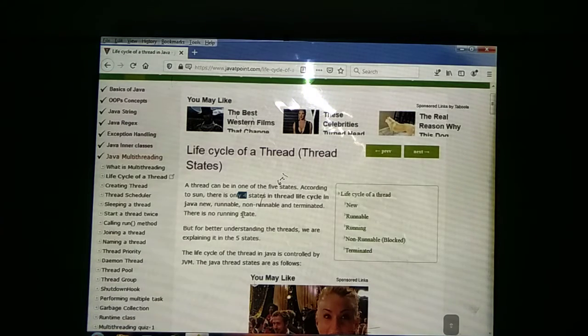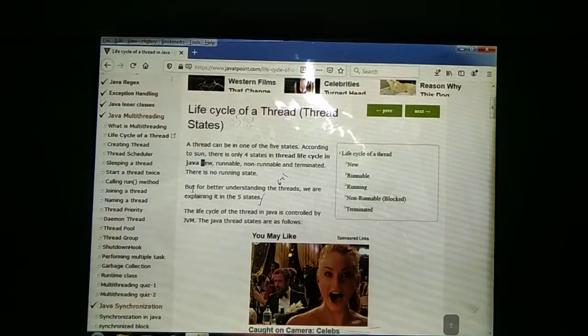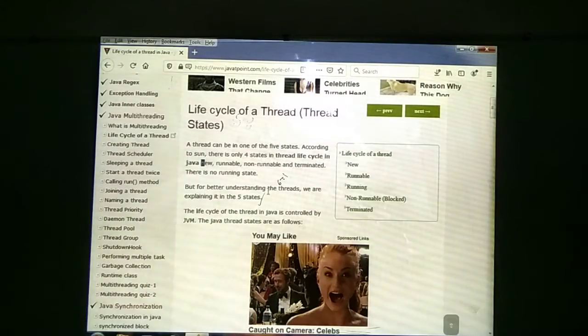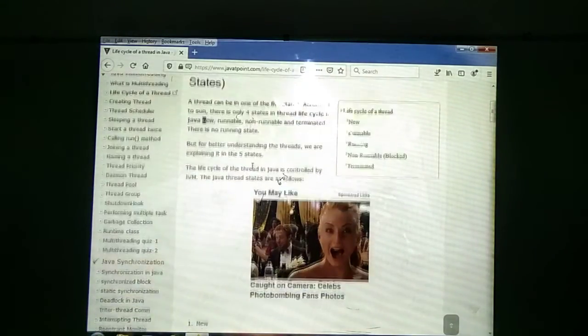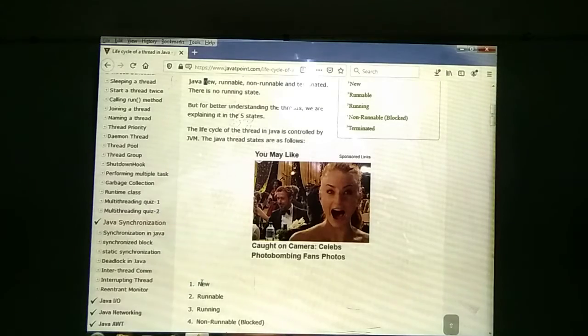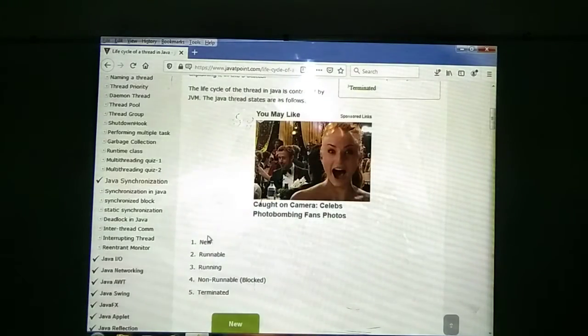There is no running state in Java. These are the states in Sun Microsystems: new, runnable, non-runnable, terminated. But for better understanding, we are explaining threads with 5 states. Total life cycle of a thread has 5 states: first new, second runnable, third running, fourth non-runnable or blocked state, fifth